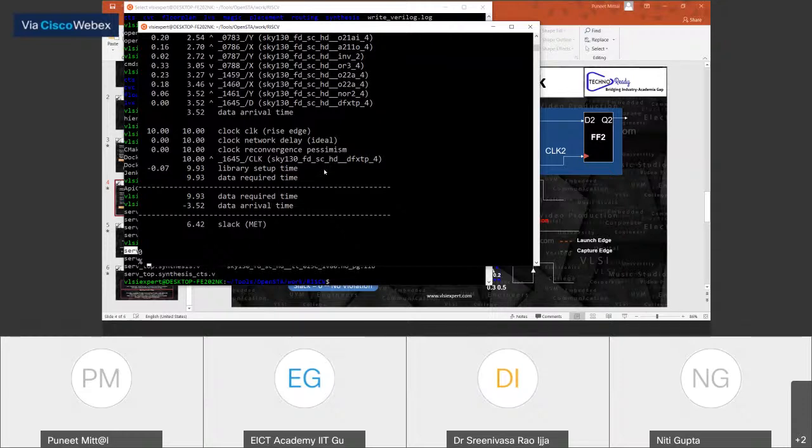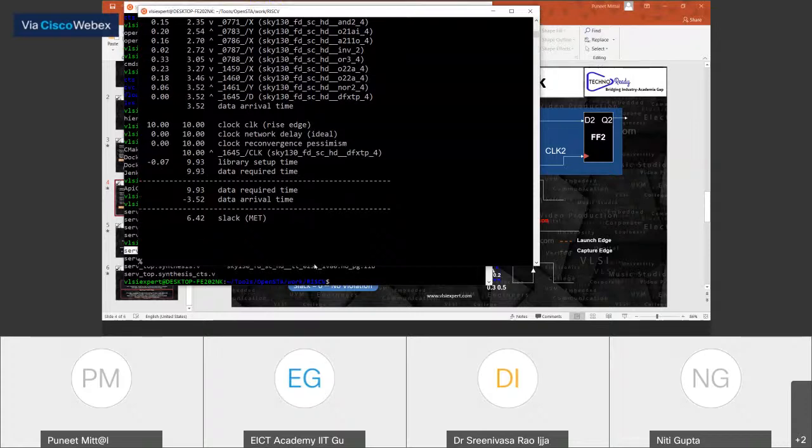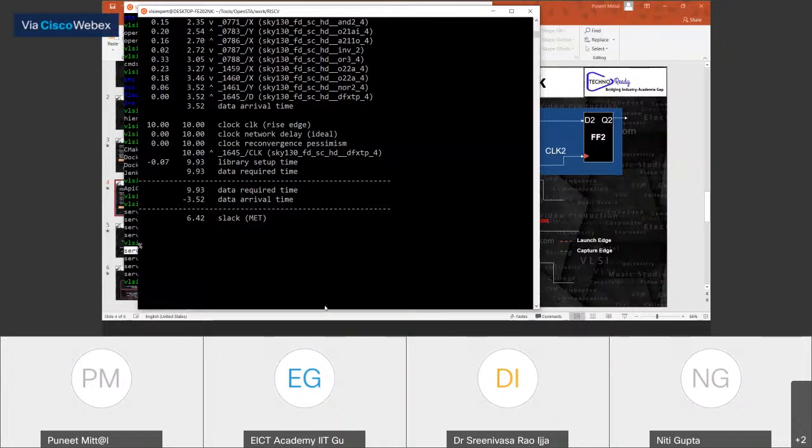If you remember, this is with respect to the clock 10, and it is a report check. So this is with respect to the report check. Now, a couple of things. That report check is going to give you the setup results. Remember, by default the tool is going to give you the setup analysis.